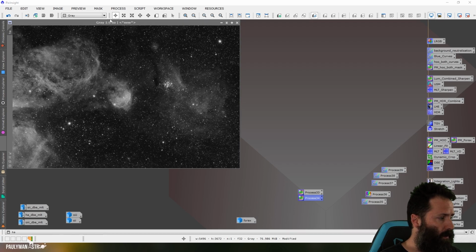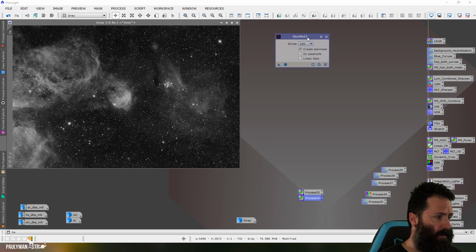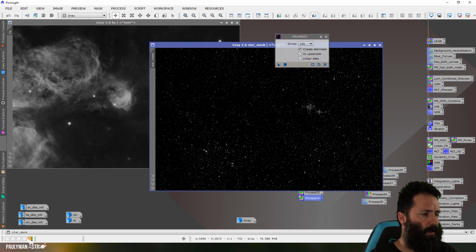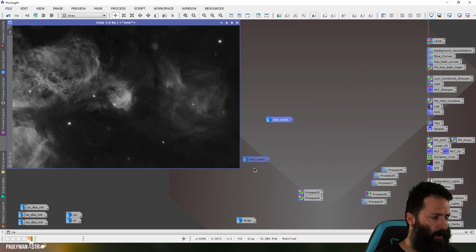What I'm going to do is I'm going to remove the stars using Starnet. Again, this is going to take some time, so I'll start it and then I'll fast forward it. All right, Starnet's finished. So I've got my star mask, which I'll minimize out the way, and I've got my starless image. Now you can see, because I've done some quite decent stretching here, there's quite a few stars left